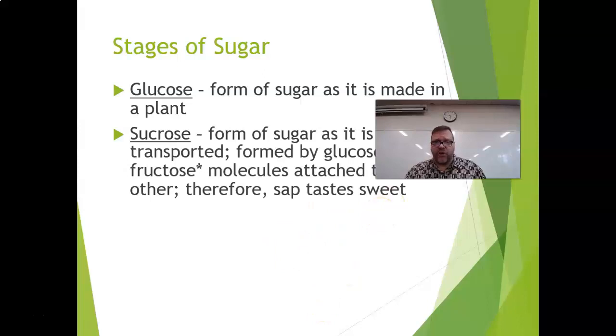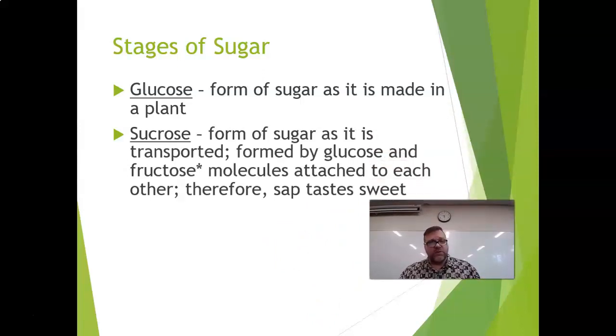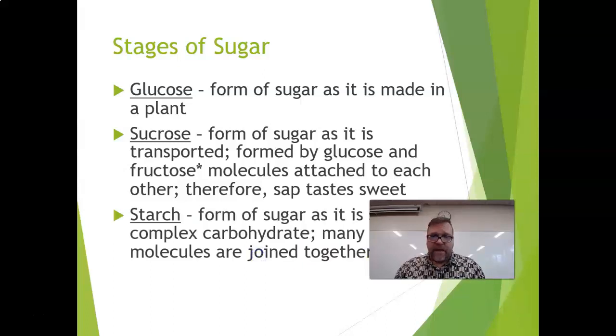There's sucrose. Sucrose is a form of sugar as it is transported. Formed by glucose and fructose molecules attached to each other. That's why sap tastes sweet. So when you're transporting the glucose, it's called sucrose. Often we call that like sap, and it's usually sweet in taste, which is where we get maple syrup from maple trees. That is literally the sap from the maple tree. And it looks like we also have